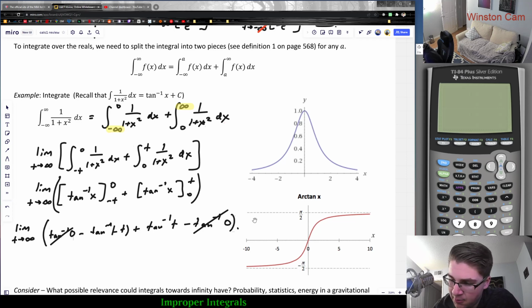And this is a weird looking parentheses. Let me fix that. And now what I need to know is, what's the limit as t approaches minus infinity of the arctangent of t? So kind of considering each of these,